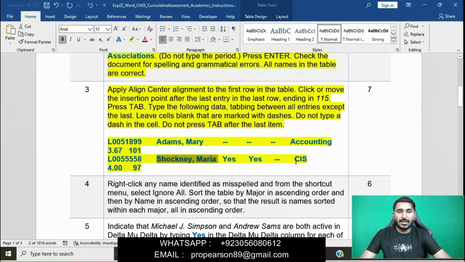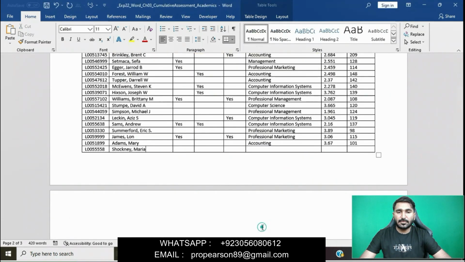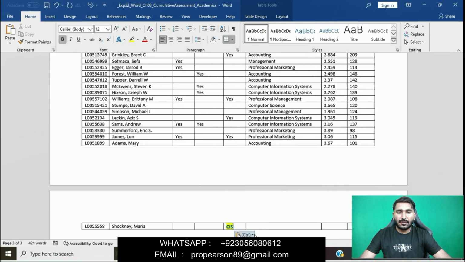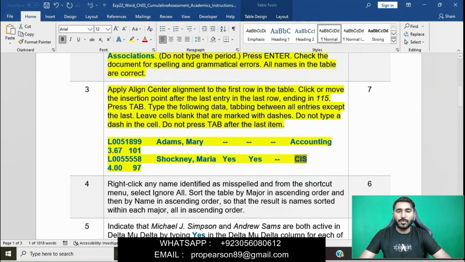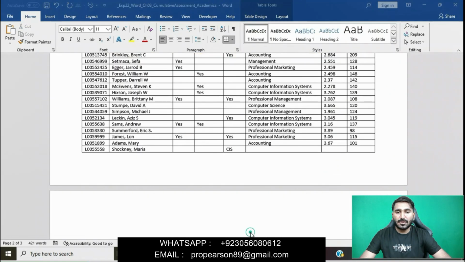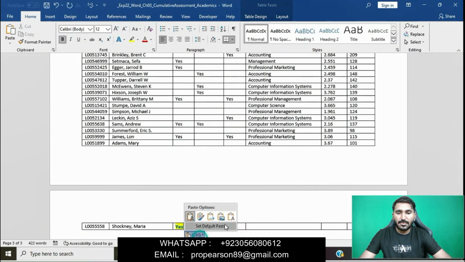And yes, and yes, and then CIC. Copy and paste here. 4.0097. We will enter yes and yes before this column. We will paste here yes, and then yes in the next column.